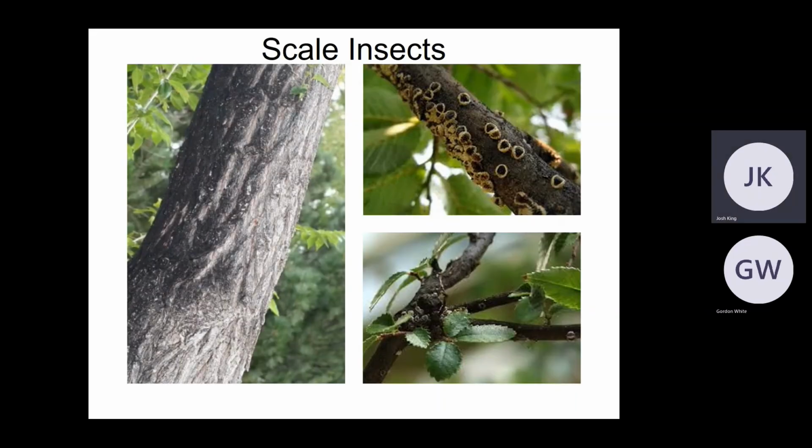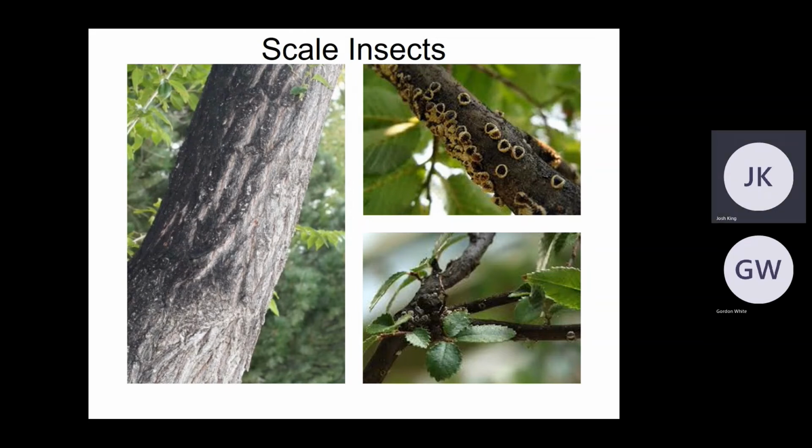Elm scale. So, European elm scale. European, again, coming in. American elm has never seen a European elm scale, and now it's kind of wreaking havoc. So here's the black kind of bark that shows up. What this is, the insects have piercing, sucking mouth parts, and they suck the sap out of the tree, and